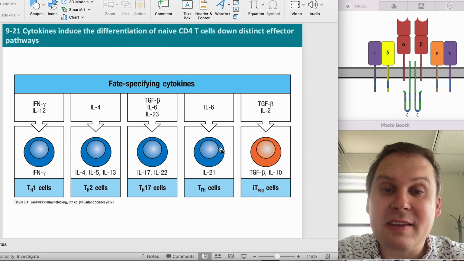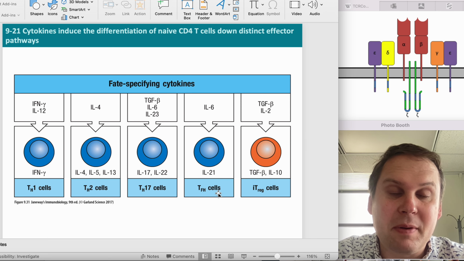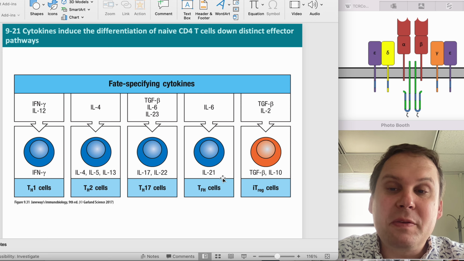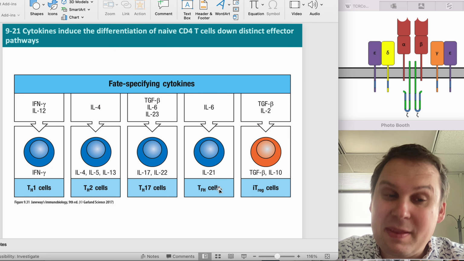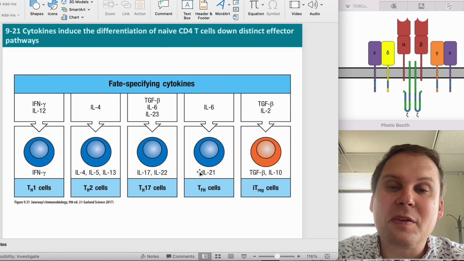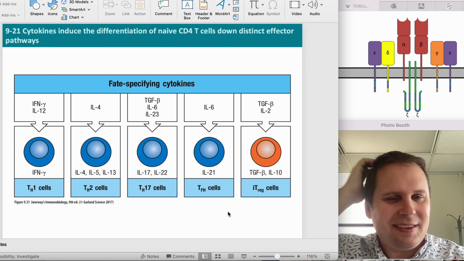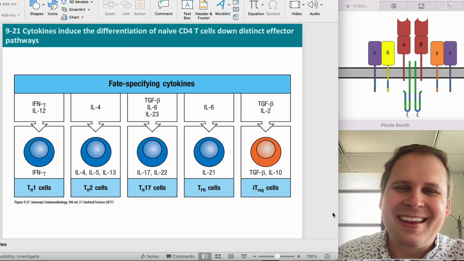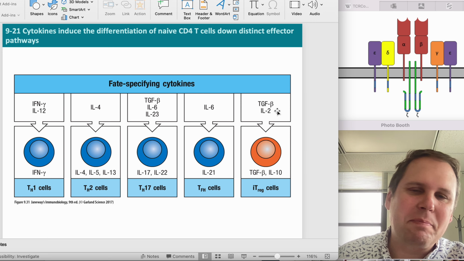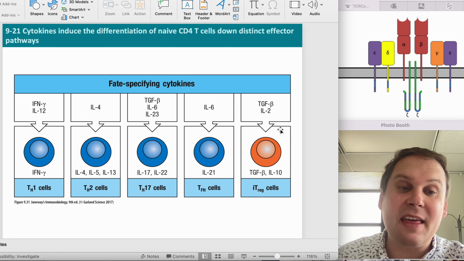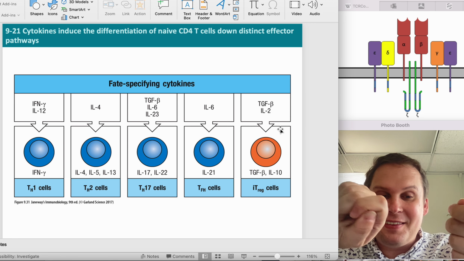Okay. IL-6 is one of the things that you need to make a T follicular helper. They will produce some IL-4. It doesn't show it here, but they totally do. And they'll also make some IL-21, which is our signal to the B cells to keep on trucking. And then you need transforming growth factor beta and IL-2 together, like the two little keys to the nuclear